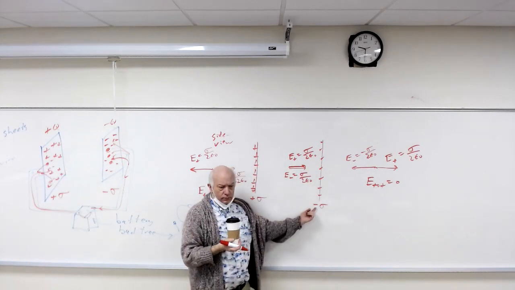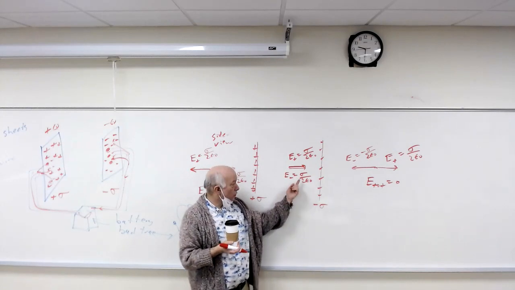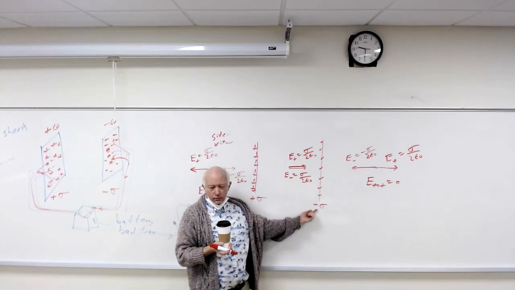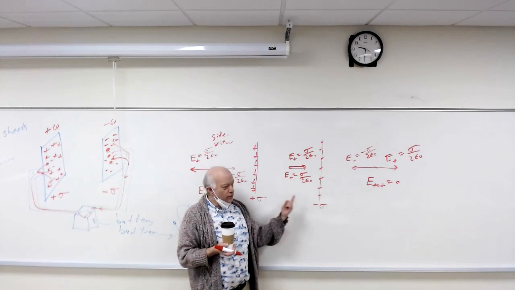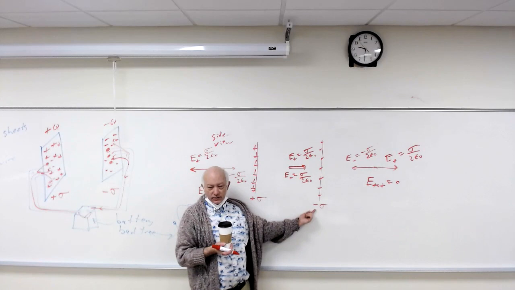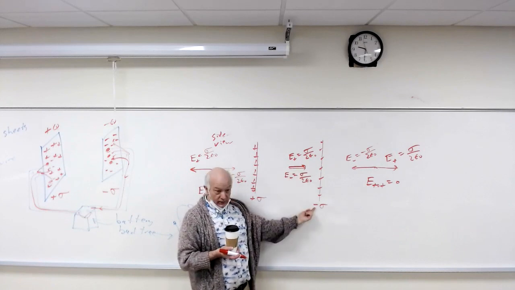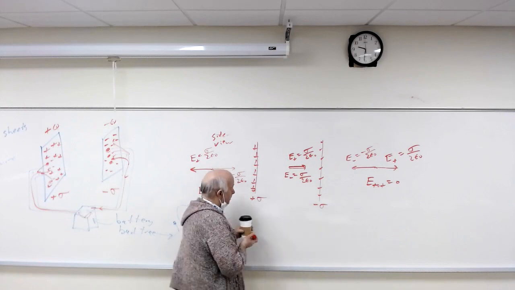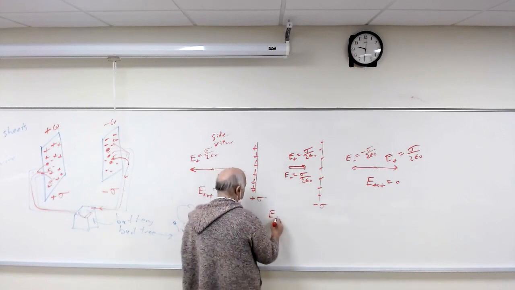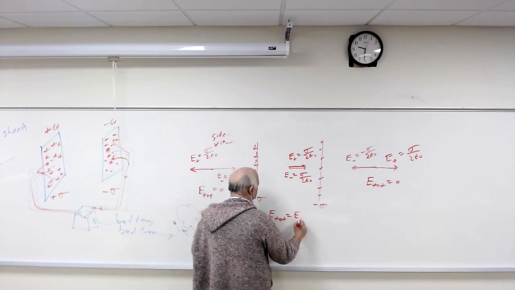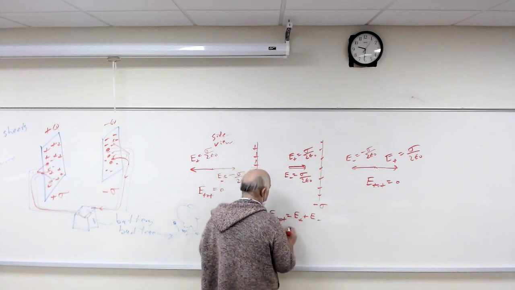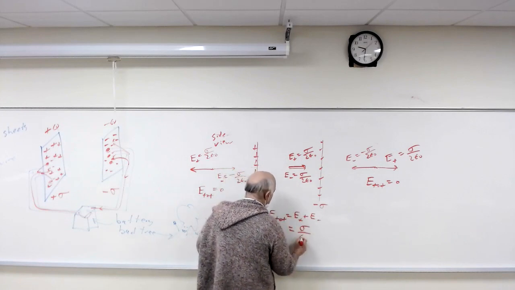Why isn't it negative? It's going to the right. How have I accounted for the negative sign here? You would subtract one, from the picture. How have I accounted for the minus sign here? By having the arrow going this way. That's how I've accounted for the negative sign. So the total electric field here in the center is the sum of these two, and you just get sigma over epsilon naught.